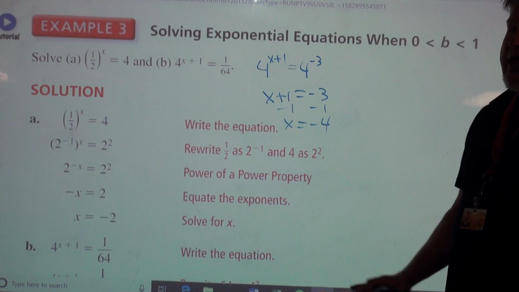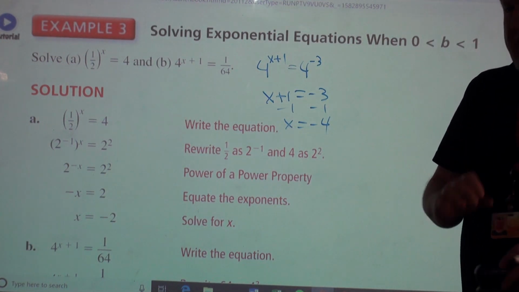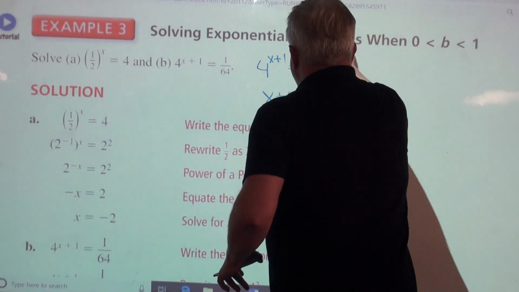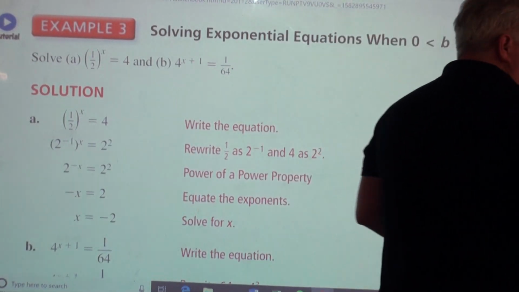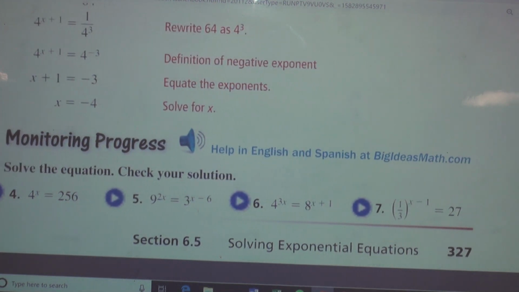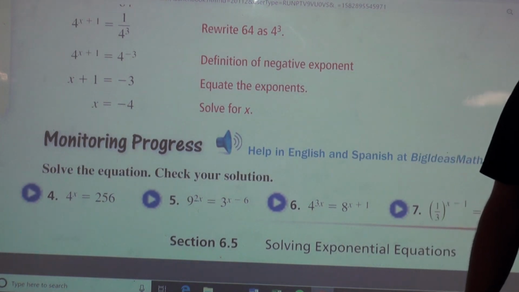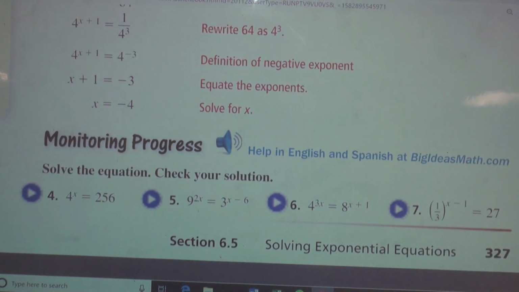Okay, so that's when you have fractions. You just bring them up and reduce them to negative exponents, as needed. All right, so I'm sure we've got some examples now at the bottom for you all to pause and work on. We sure do. 4, 5, 6, and 7 on page 327. Go ahead and pause here and take a few minutes, solve these, start it back up again when you're ready, and I'll work through them with you.